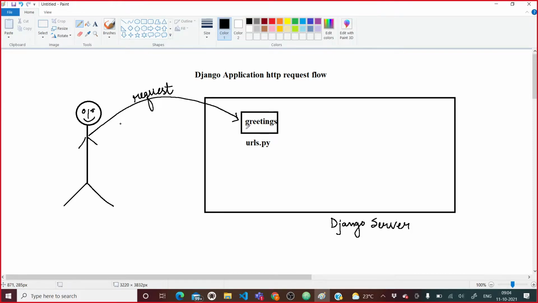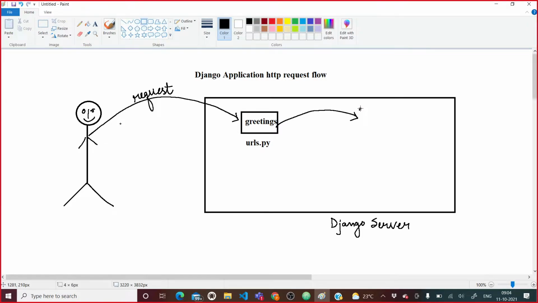It will match which url pattern the request sent by the user matches. As soon as that url pattern matches the request sent by the user, it will search for the related views.